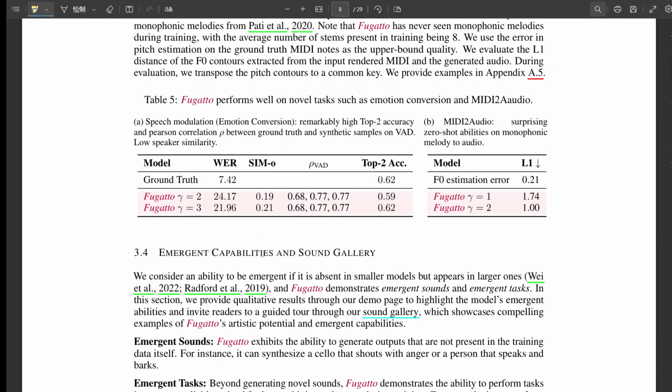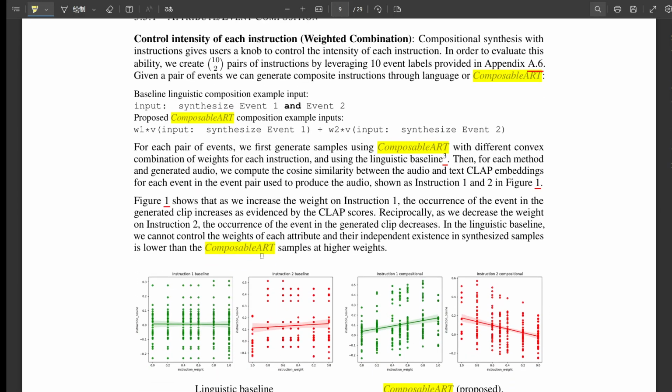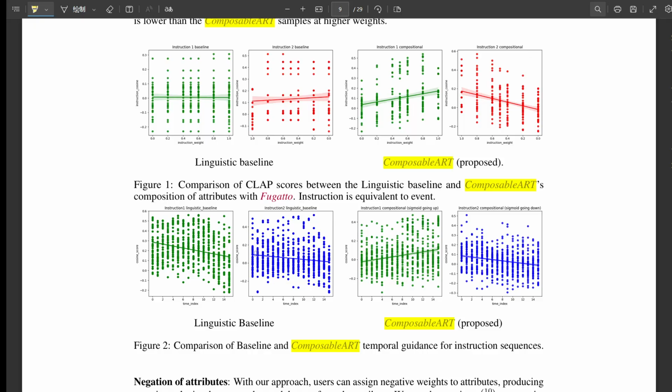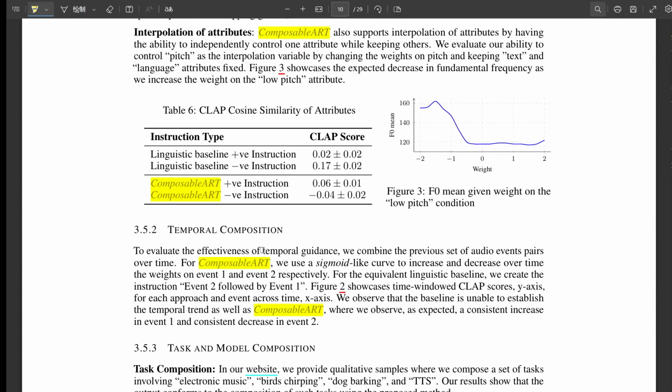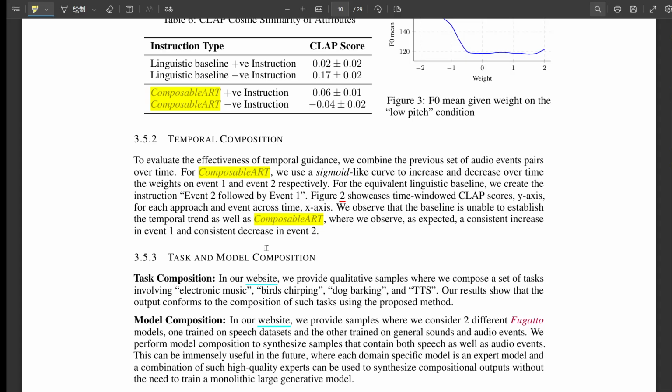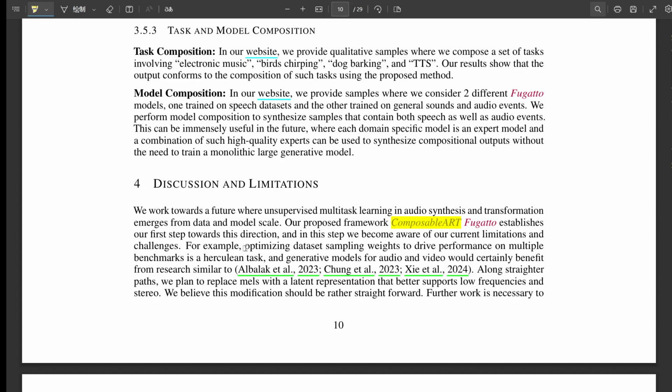It's like having these sculpting tools that let you mold and manipulate the audio just based on your commands. So if I tell Fugatto to make it sound happier and then add some echo, it combines those two forces to create the final effect. Exactly. And the cool thing about composable ART is you can control how strong each instruction is, like adjusting how much pressure you use when you're sculpting. Right. You can blend them, amplify them, or even negate these forces to get incredibly nuanced results. This is blowing my mind a little.